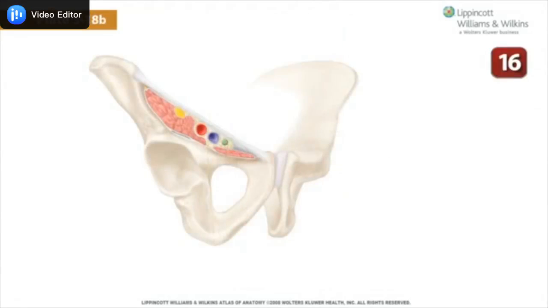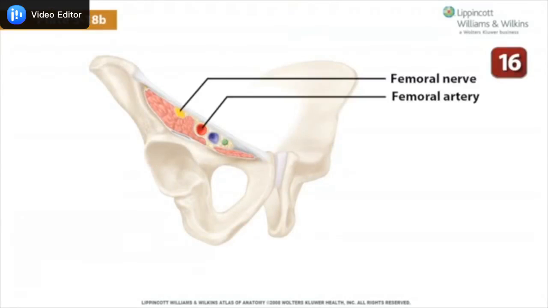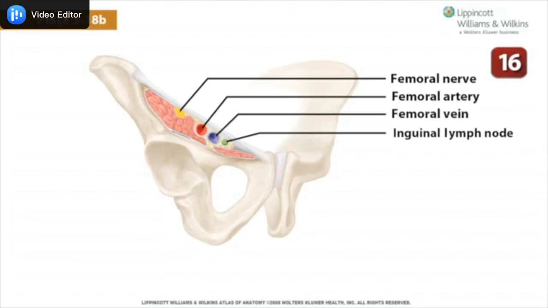From lateral to medial, the contents of the femoral triangle are the femoral nerve, the femoral artery, the femoral vein, and the inguinal lymph nodes, which are usually palpable. A mnemonic used to remember the order of the contents of the femoral triangle is NAVEL. N for femoral nerve, A for femoral artery, V for femoral vein, and L for the inguinal lymph nodes and